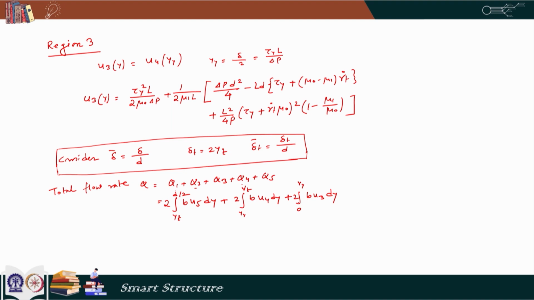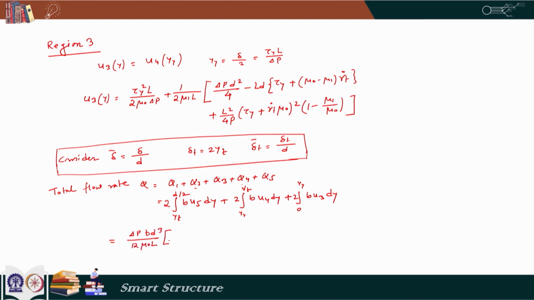So, if we just multiply by 2, we get the total flow rate due to the entire plug thickness, and here u3 is constant over the plug. So, we can just multiply by the thickness of the region, and that will give the corresponding flow rate. So, after doing everything, the total flow rate comes as delta p, then we have b d cube by 12